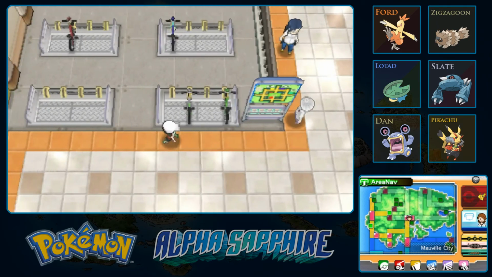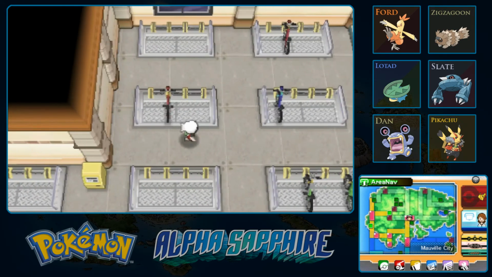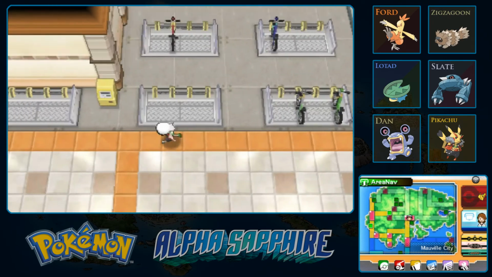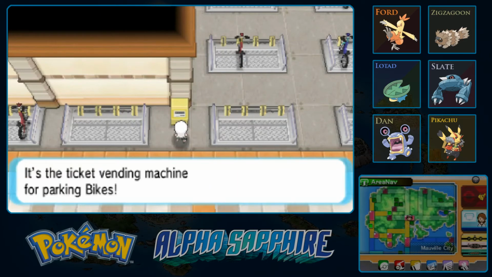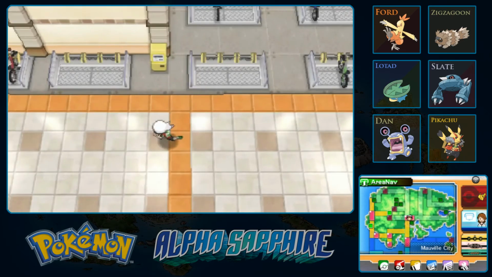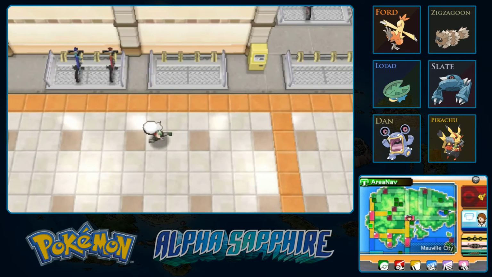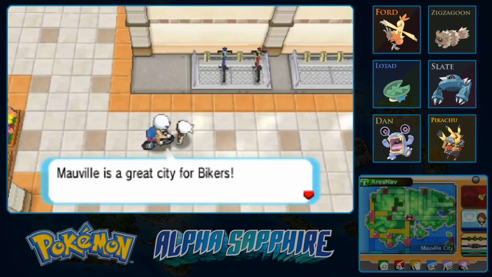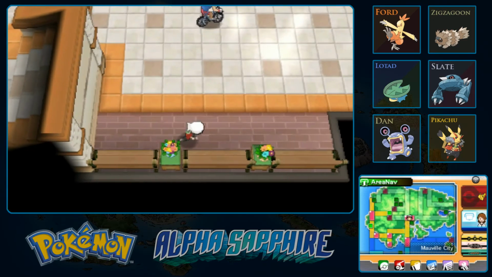Can I rent a bike? That'd be cool. This appears to be a rideshare, but I guess for whatever reason kids are not allowed to rent a bike. Unless for parking bikes you can park. Okay, so it's a bike parking station. I'll get it right. Mauville is a great city for bikers. I guess you're allowed to ride your bike indoors. Which I guess is kind of outdoors, but...